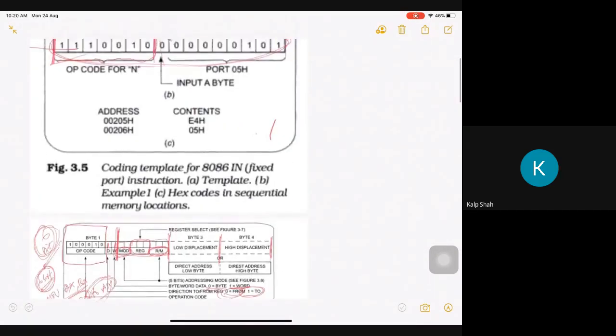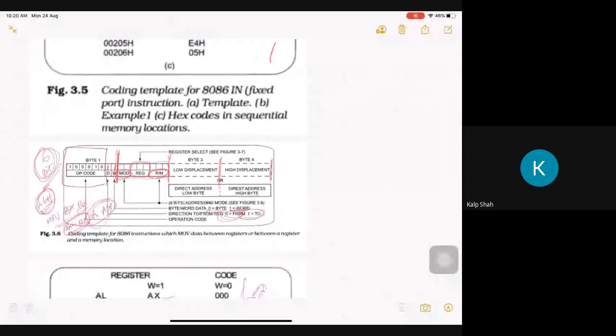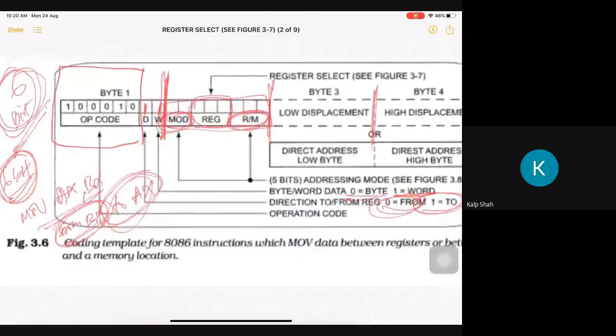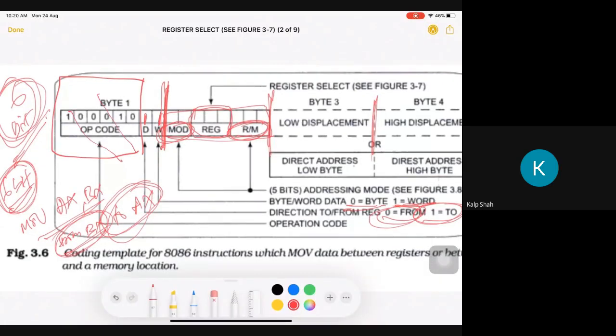Okay. Right now, it may not be clear. We'll solve some examples so it will get clear. For now, what you need to remember is just this structure. If your instruction is MOV, the first 6 bits are opcode, the second 1 bit is for direction, the next bit is for word or 8-bit data, and then 2 bits and 3 bits are for mode and RM.